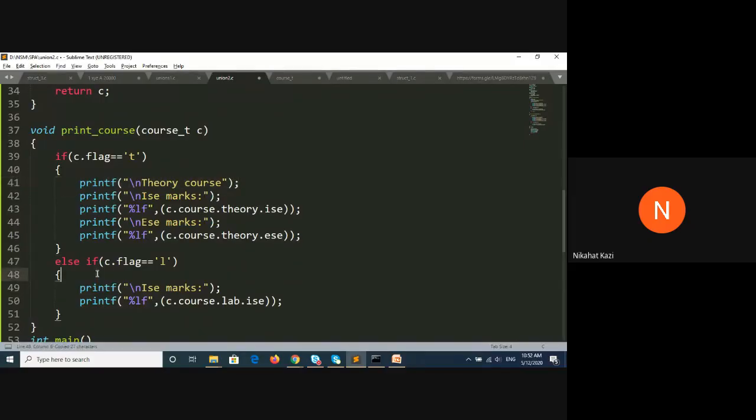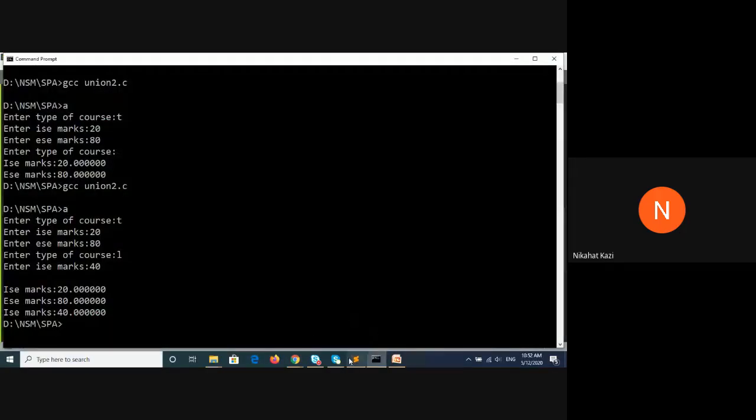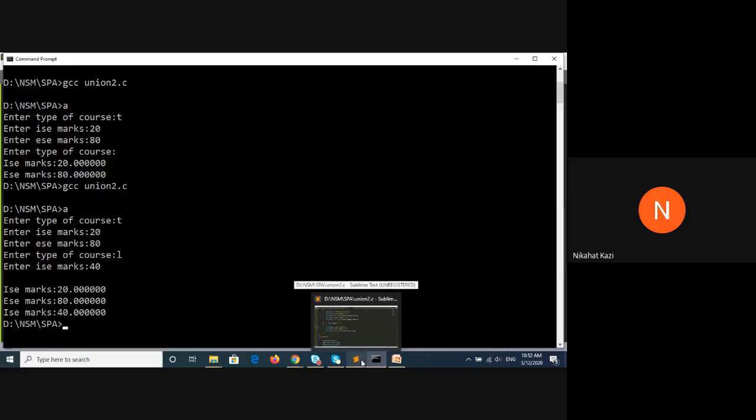So Control C, Control V, lab course. So that will make it more clearer. Fine. So this example actually shows how you can make use of unions, and then you can also use them inside components of structures.